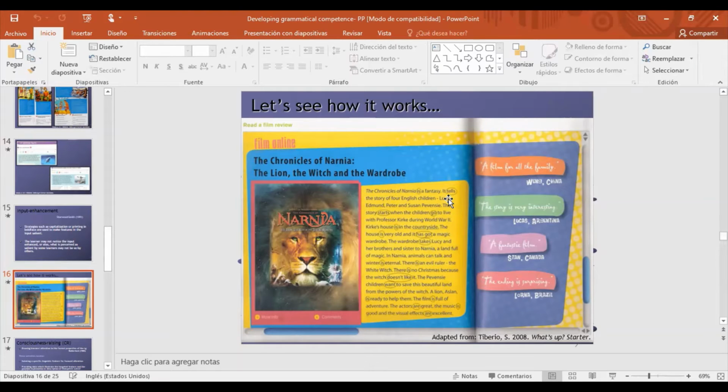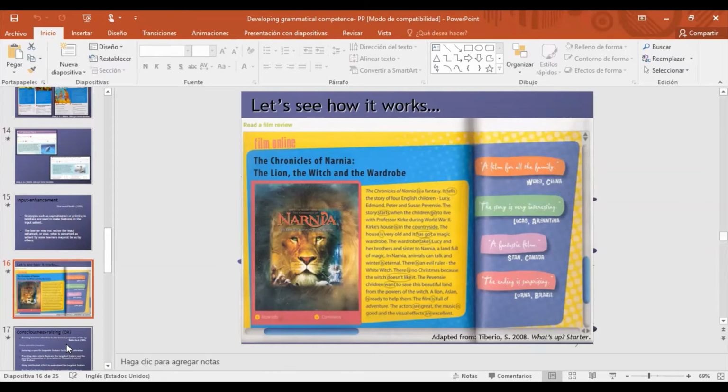So the idea is that, probably after working with the meaning of this review, the teacher can direct students' attention to those words which stand out from the rest of the article, right? And then probably some kind of analysis or reflection on the part of the students, helped by the teacher, will take place, right? Okay, then